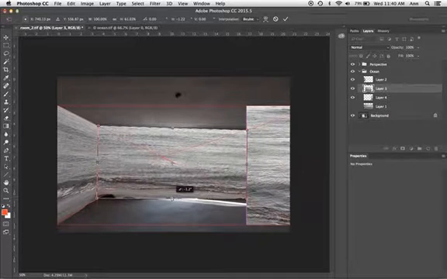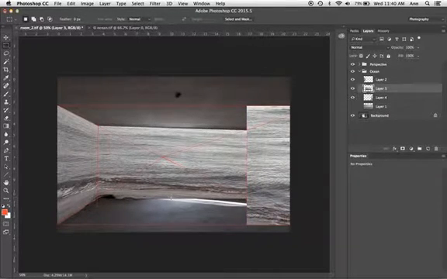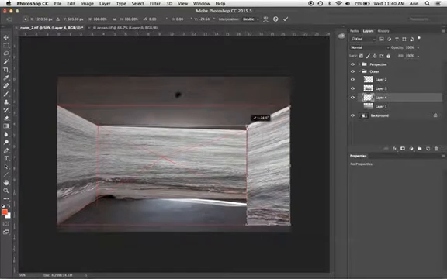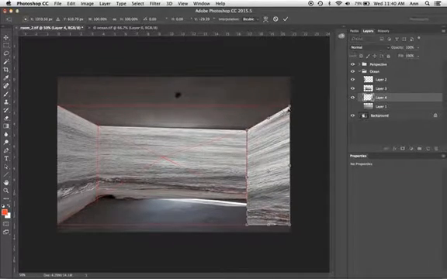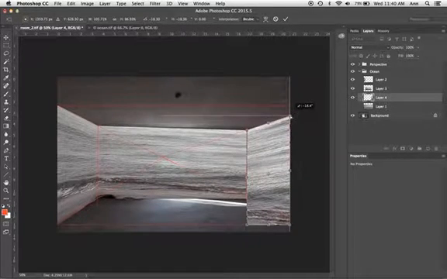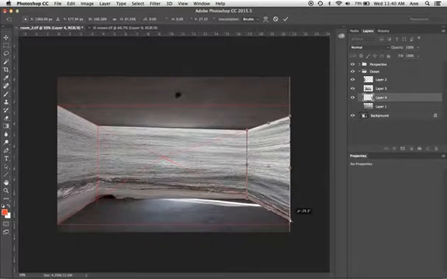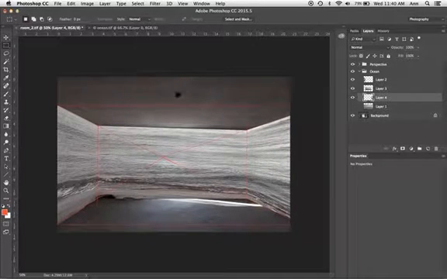And that looks pretty good. Hit enter and go over to the right side, Command T. Hold down the Command key and go in and fix that side as well, which I didn't have to do on the other side because the room was not skewed. So on this one, I am making sure that I am aligned with both of those areas.